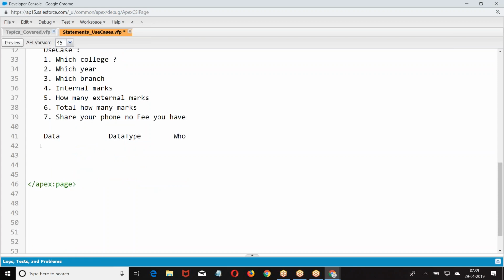Now, what is the first one we had? Asking what is your college? So the college name is going to be CBIT. Now I told only the college, the expression I have not given.